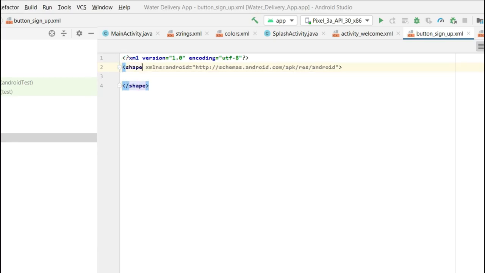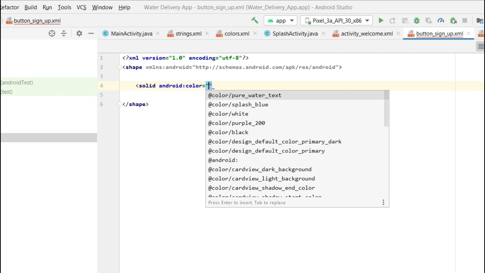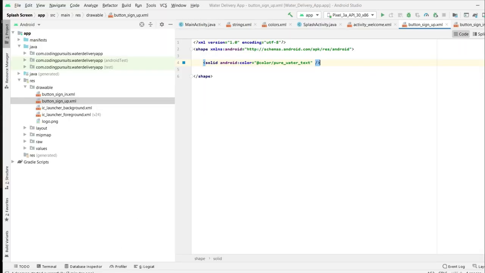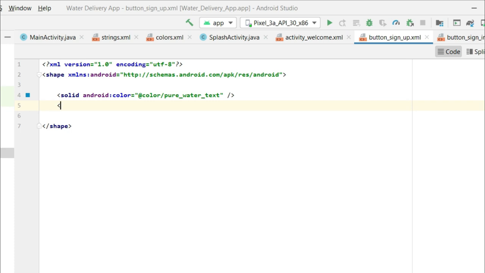Let's change the selector to shape, and the background color will be our pure water text, as you can see here in the picture. And in the same way, let's give some corner radius, so 10 dp is enough.